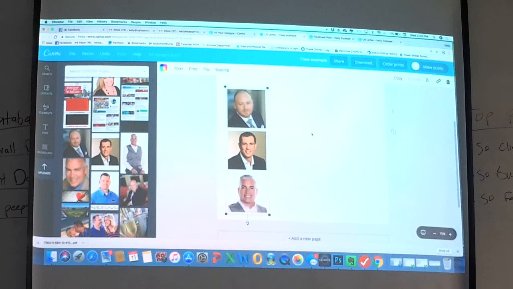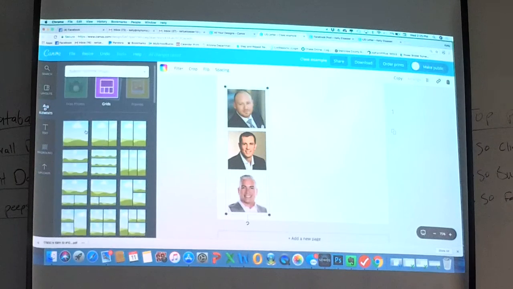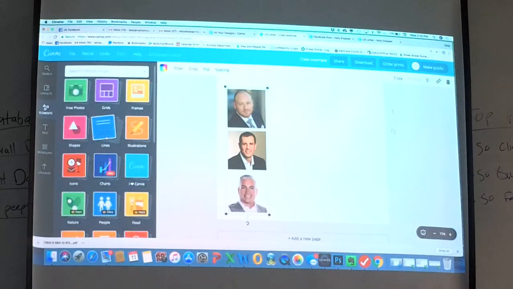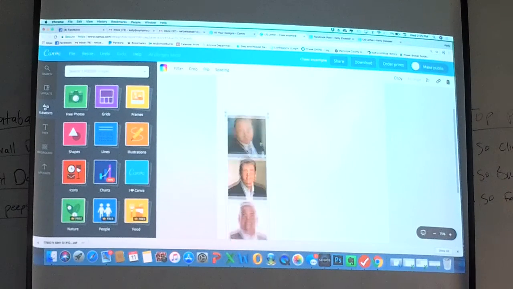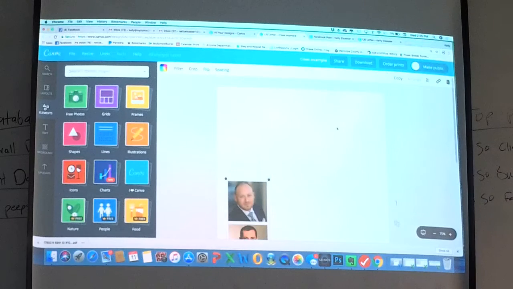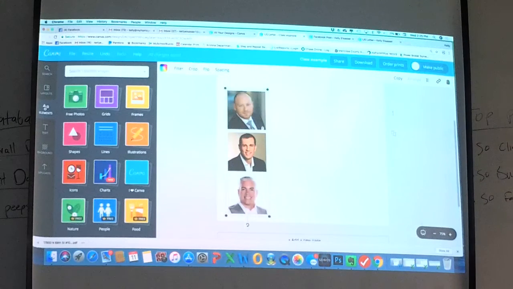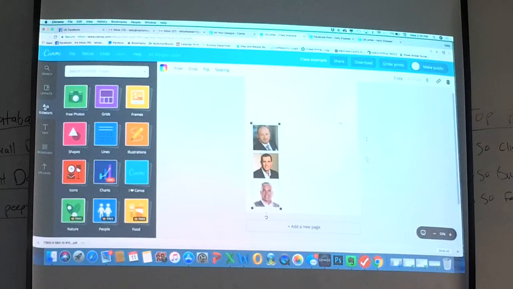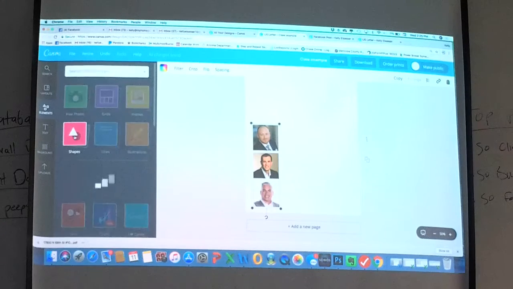Okay, so those are elements. So that's one element. Let me go back to elements over here, see if there's anything else I use. Oh, shapes, I guess. Okay, let's say, this is kind of cool. I'm not going to do the whole background a certain color, but let me make it smaller so you can see the whole thing. I'd like this space to have, because if you're doing a flyer or something cool, maybe a black